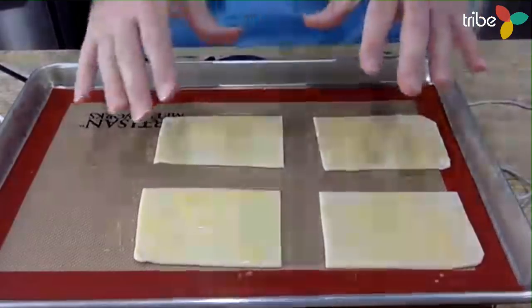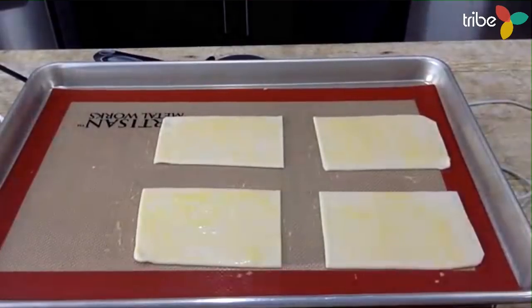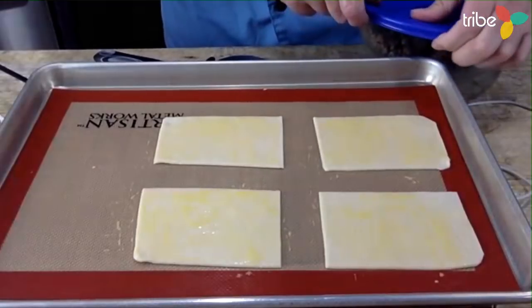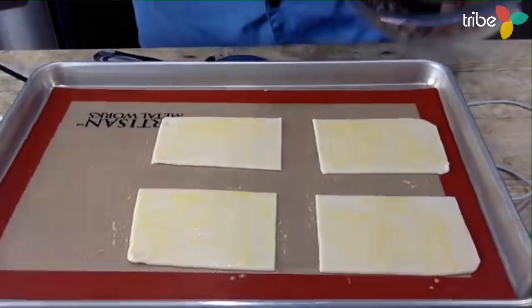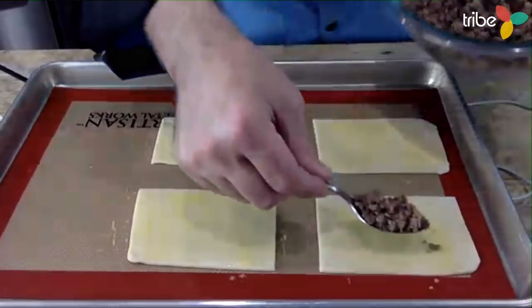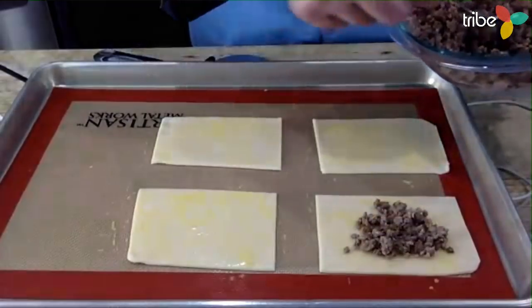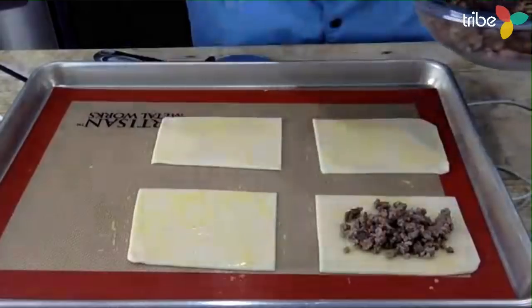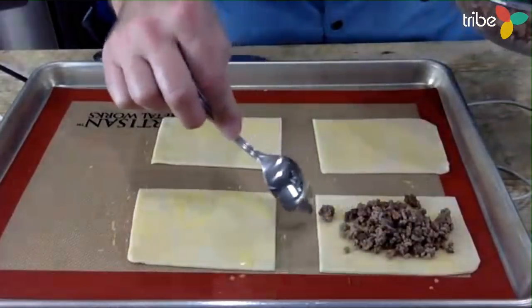Now what we're going to do is fill this with ground beef. Make sure you already cooked your ground beef. This is already cooked ground beef that I have. I already browned it earlier today. You don't need a whole lot, but enough to fill it. Keep it about a half inch away from the sides. Now, I'm probably putting way more than I should. I always do that,